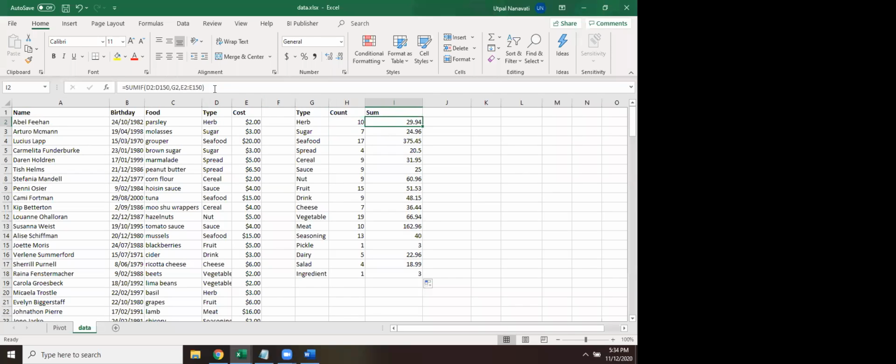And SUMIF is the same thing. In this range, what am I looking for? Herb. And what do I want to do? I want to sum it up. So that's why I'm using SUMIF. Same way there is AVERAGEIF also. So if I want to calculate the average price of, say, average price of